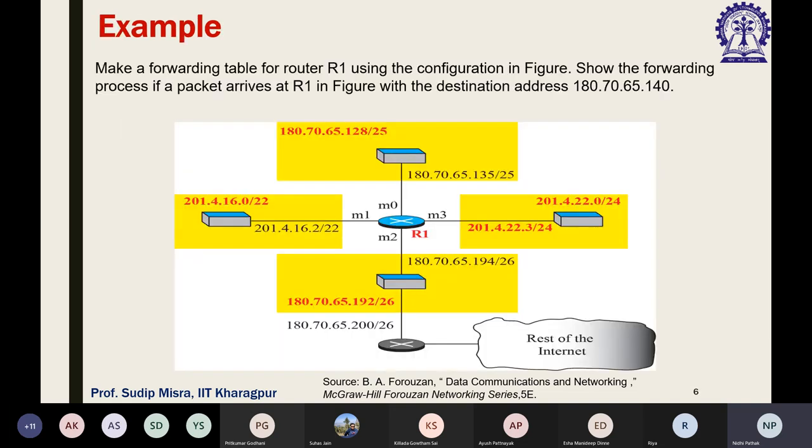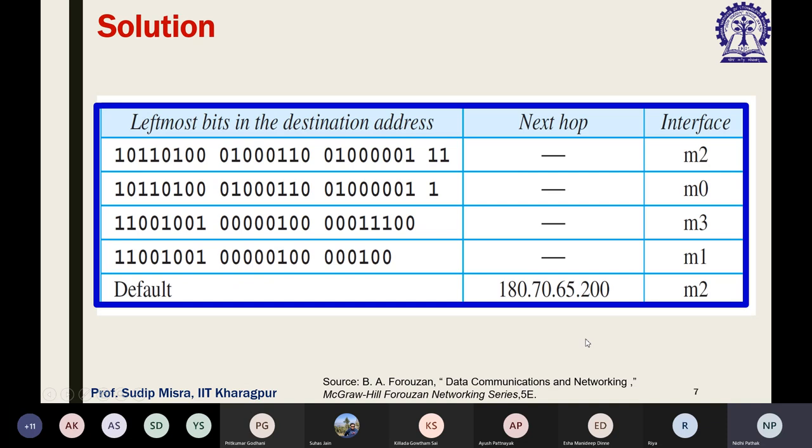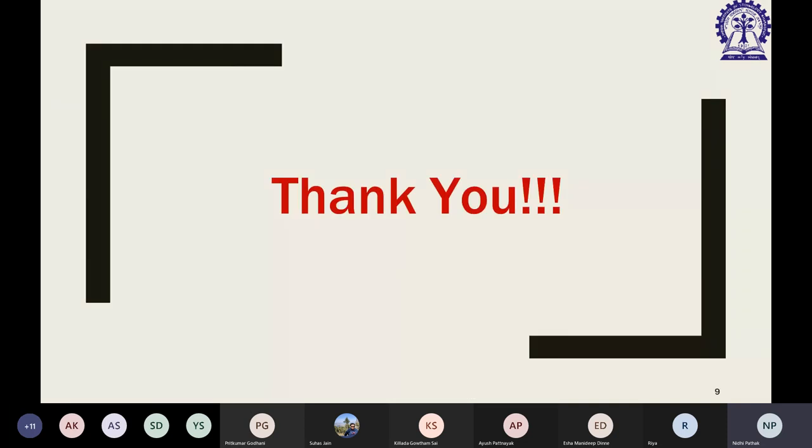So please go through whatever I have explained, and go through these examples that have been given for you, and that way you will be able to understand this particular concept. If you have any doubt, please do not hesitate to ask me. Not only for these lectures, for any lecture, if you need